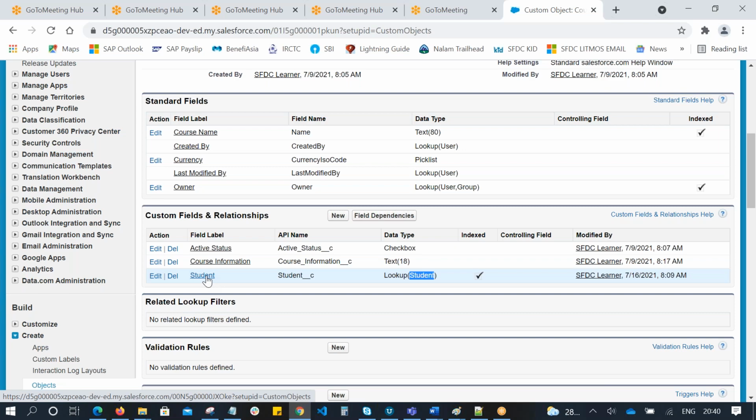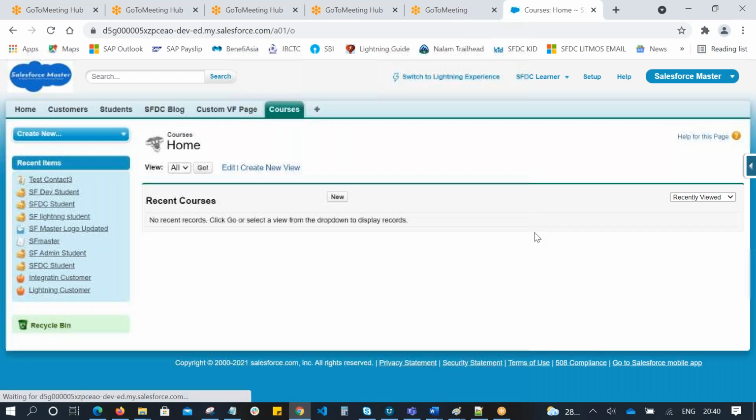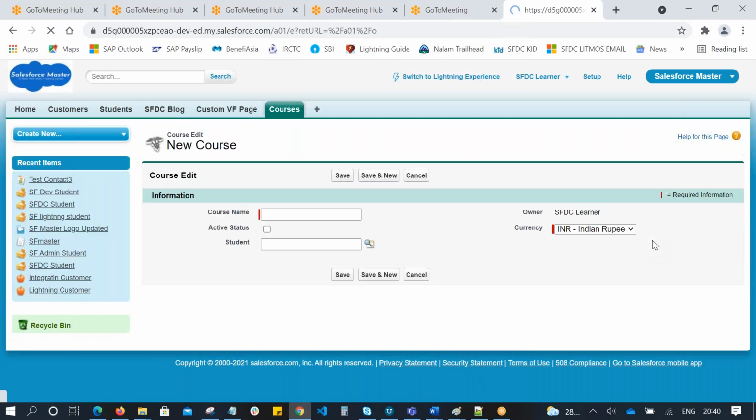Let's go to the course tab and create a course record. Click on new. While creating a course, we have to select a student. This is the lookup icon.